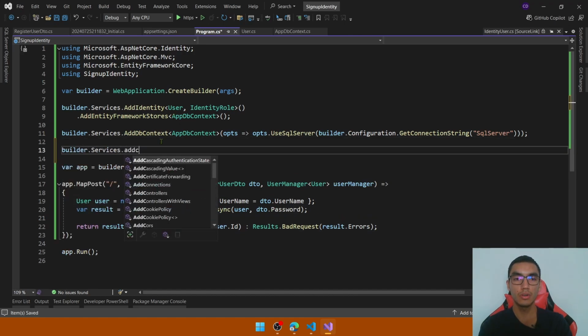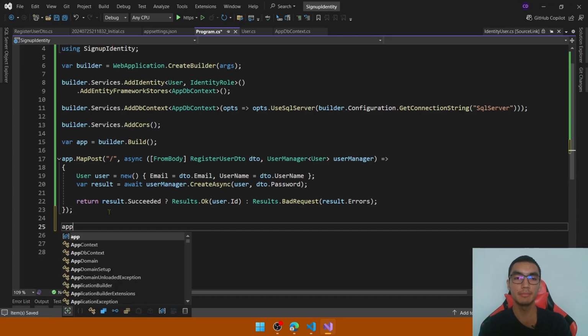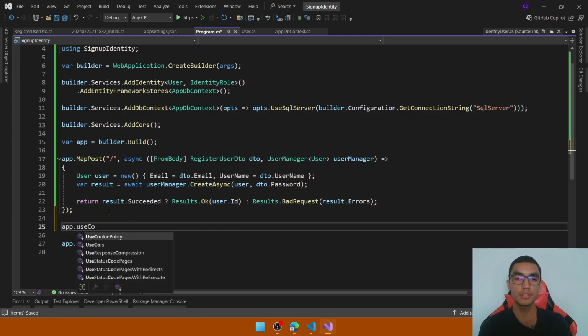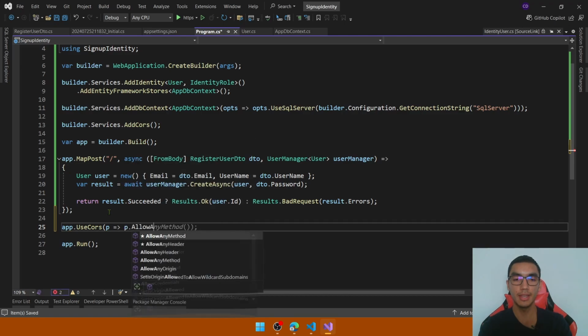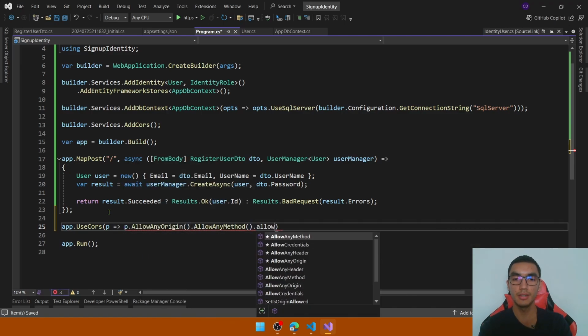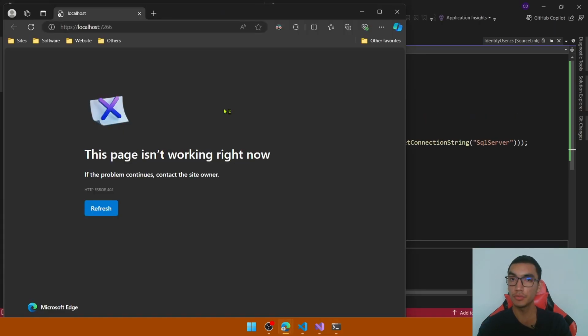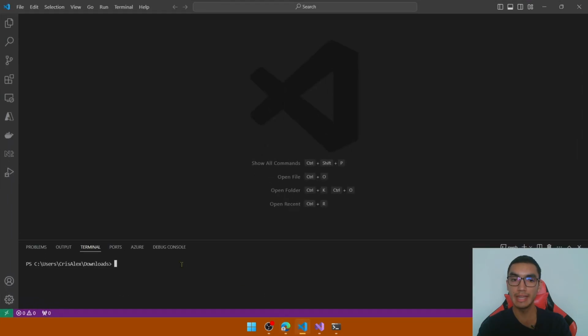So add CORS, registering services, and add it into the pipeline by calling UseCors and define the default policy, which will allow any origin, any method, and allow any header. That's it. Run the minimal API. It's ready to test. So go to Visual Studio Code to create the Angular application, to create a simple Angular